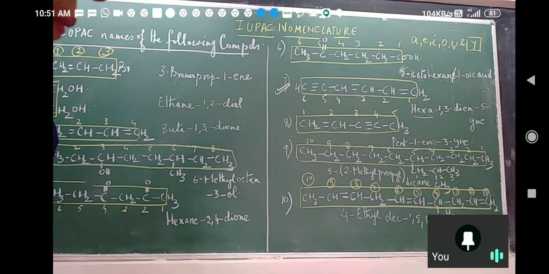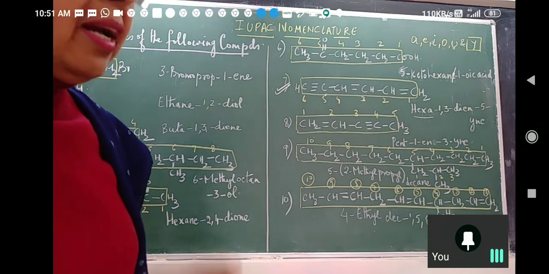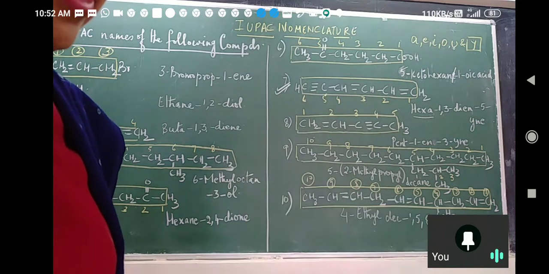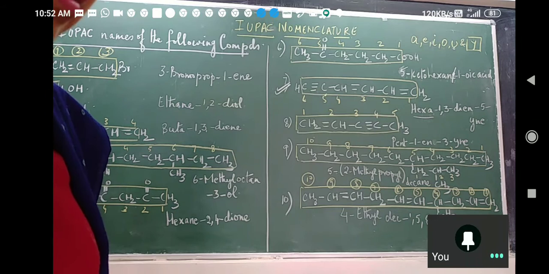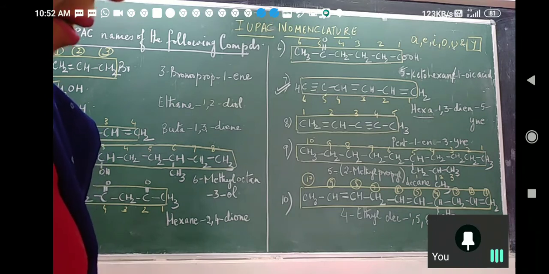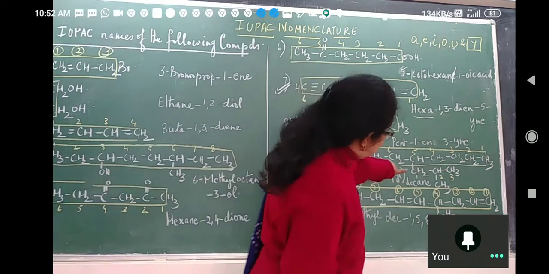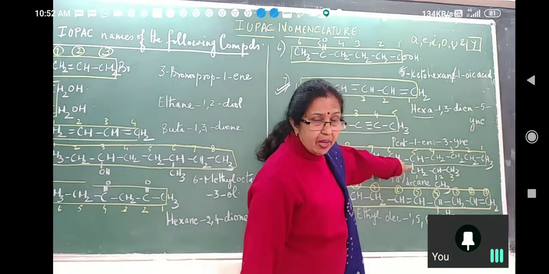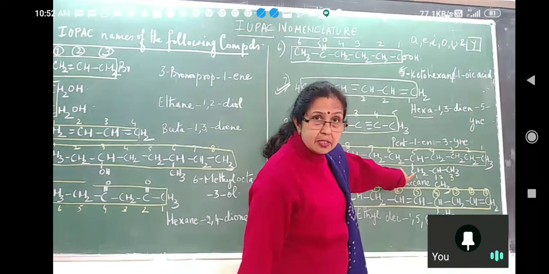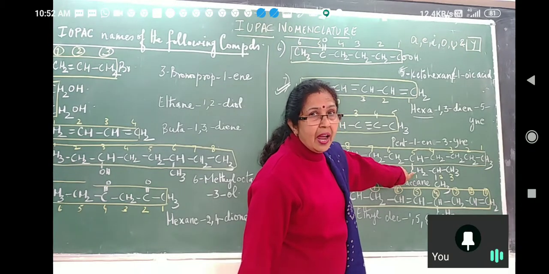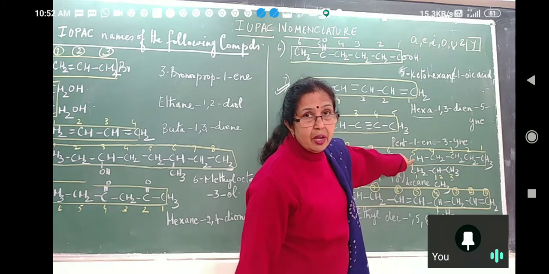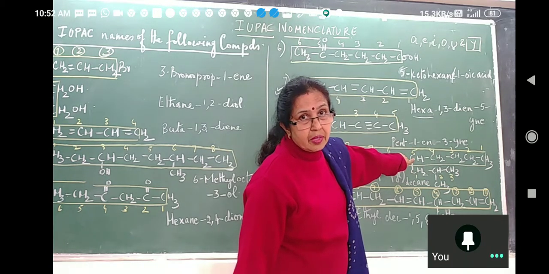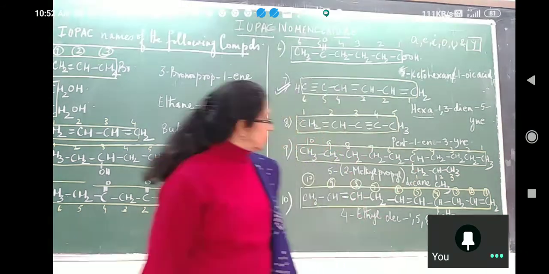Free valency. Last time I had told you methane minus one hydrogen becomes methyl, propane minus one hydrogen becomes propyl. So here you see, this is propane, but one valency is free. This is not CH3, this is CH2. So one hydrogen has been removed so that it can get attached to the main chain with one valency, one bond. So this has to be understood.